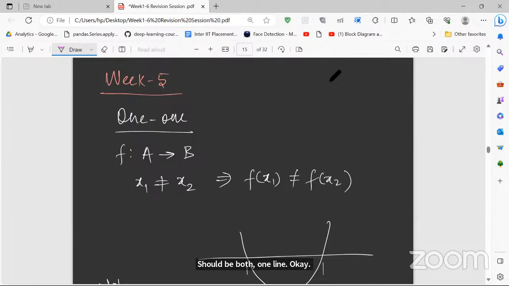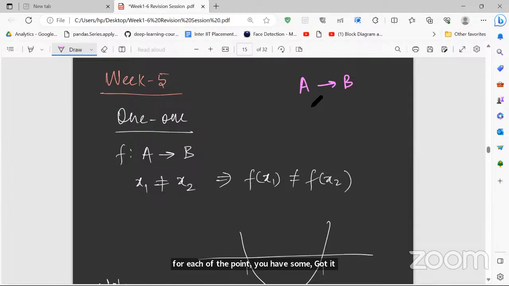Why is onto required? Only 1-1 is not enough. If this is a 1-1 function, can you directly say it's invertible? It should be bijective, sir. So one input and one output. See, for an inverse function, what do you need? If A is related to B, that means from B also you are getting back A. So for each point, you have some unique value in the other set, correct?